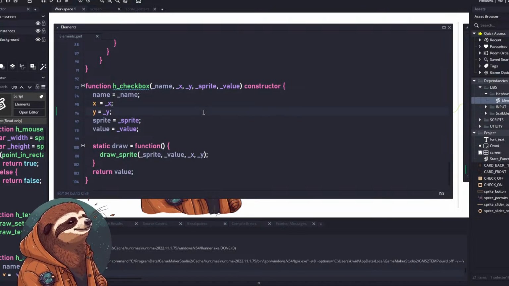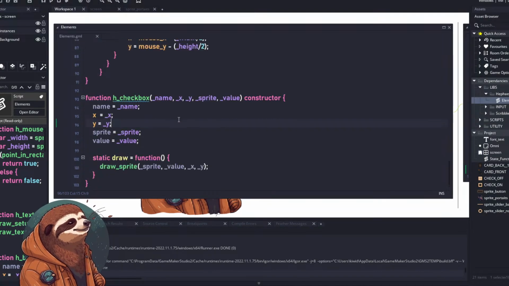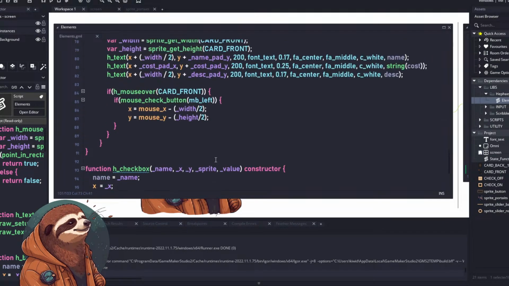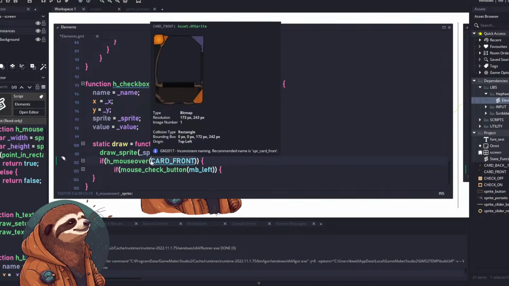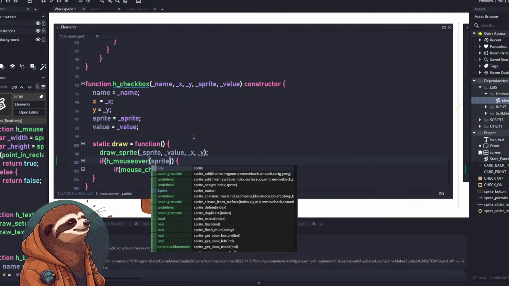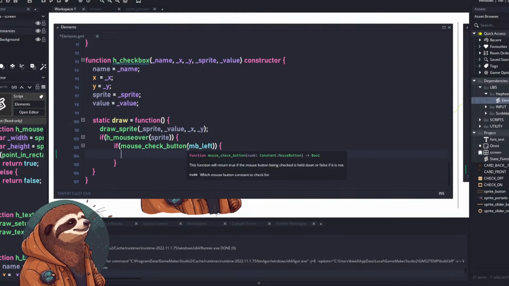So we can very easily identify this. So if I'm hovering and I click it,